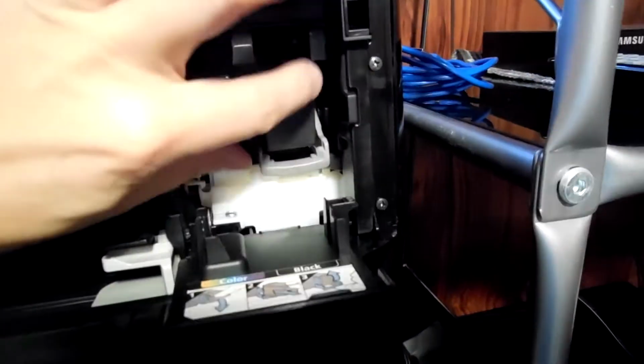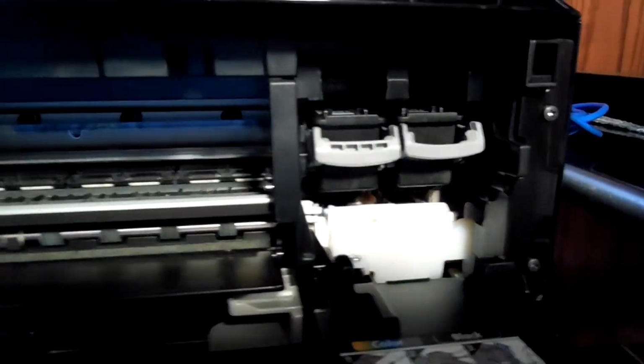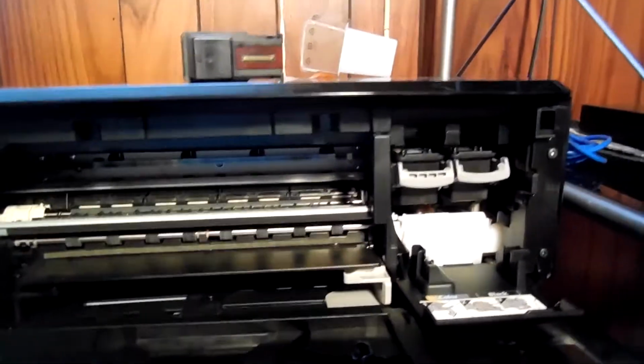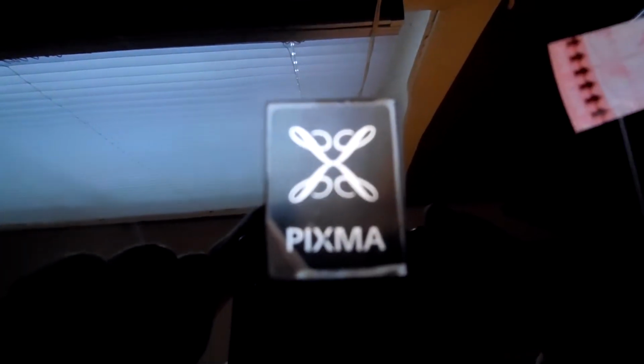This is the black cartridge. It's easy to slide in place where it used to be. Push it a little bit so it goes properly, and that's pretty much it. Now we install the black cartridge for this Canon printer called Pixma model. Number is MG3120,